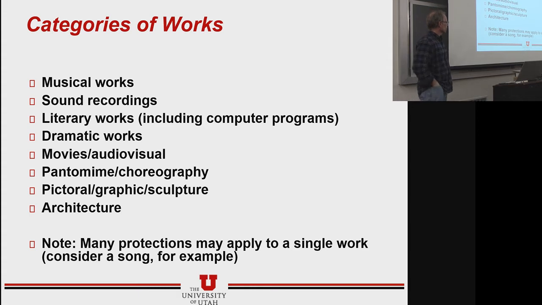A single work can have multiple protections. So when the Beatles write a song and perform it and record it, there's the copyright of the sheet music. There's the copyright of their particular performances on different albums. There's the copyright of the right to perform in public. And those can all be sold separately. So there was a time when I think Michael Jackson bought the Beatles catalog, and so he held the copyright on some aspects of this to the point where when any of the Beatles performed their songs, they had to pay royalties to Michael Jackson. So copyrights are obviously valuable.